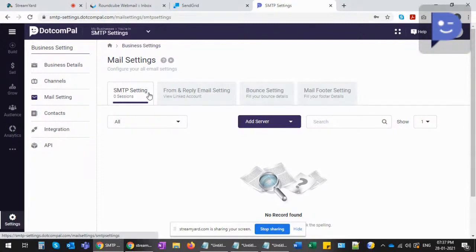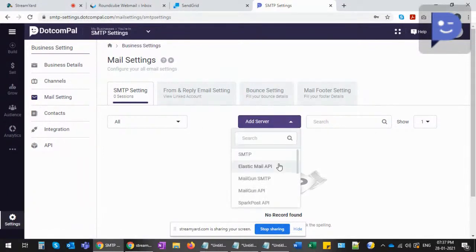Many of us face issues while configuring SMTP settings in .com.pal, but it's really very simple. If you watch this video and understand the process, it will be a cakewalk for you. You just need to add a server